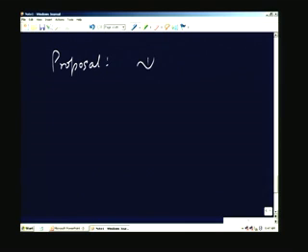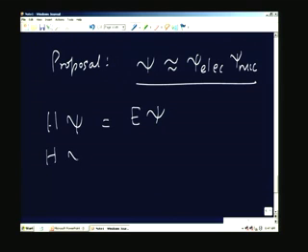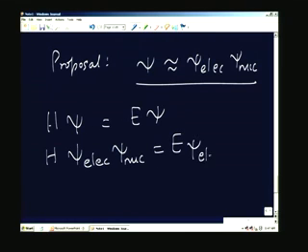The proposal is psi electronic times psi nucleus. Okay. Now with this proposal we solve the Schrodinger equation H psi is equal to E psi, which means H psi electronic psi nuclear is E, a constant independent of all these coordinates, psi electronic psi nuclear. Okay. Now if you look at the form of H,